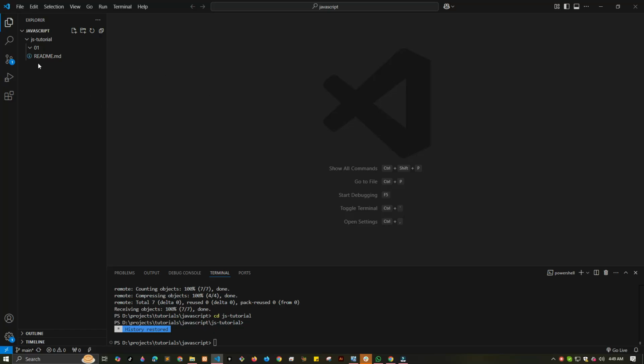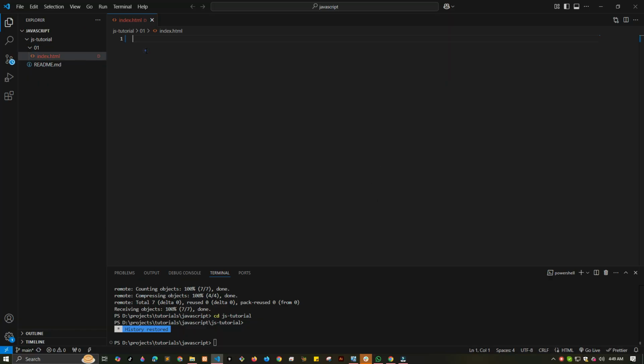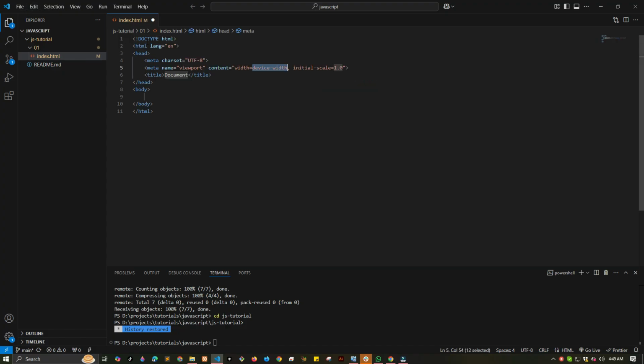Let's start by creating HTML. So just create index.html. So this is VS Code. Type in HTML5 and you will have this boilerplate of the HTML5. Save, then we'll just create another file which is